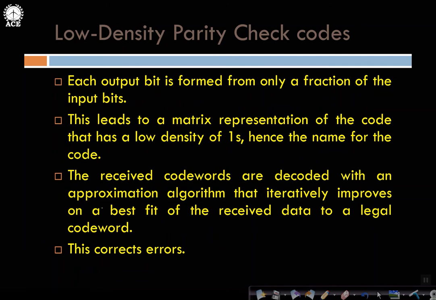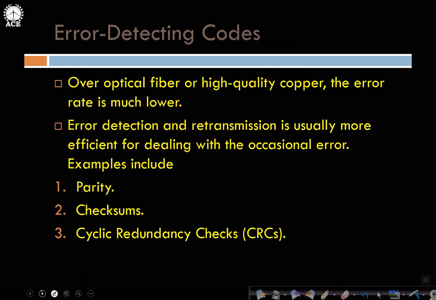So among all the important ones, you can just make yourself well comfortable with Hamming method and convolutional codes and also Reed-Solomon code. Low density parity check codes is not that important. You can ignore it or just glance through these points which I am presenting to you or which I provide in the form of notes. That will be more than sufficient enough.